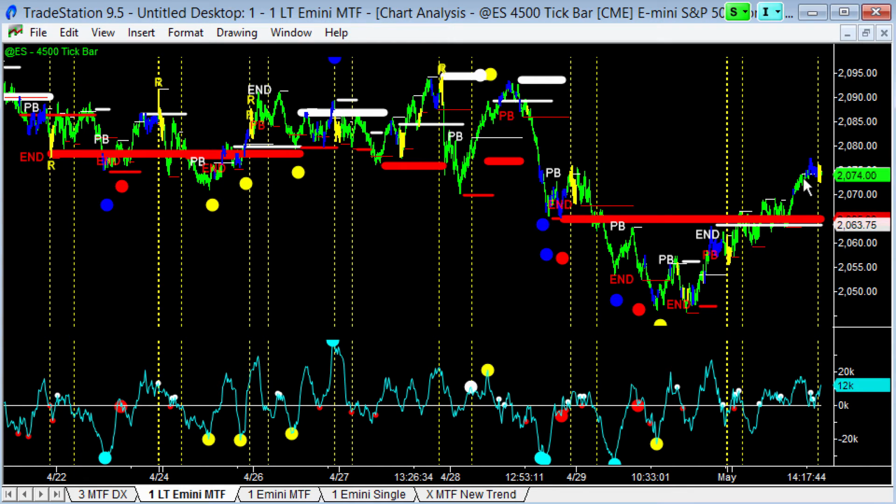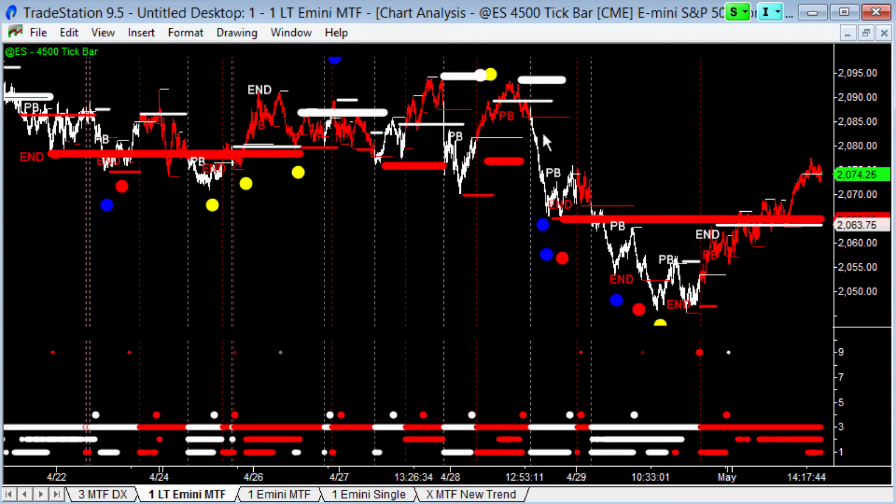This is today's activity. This was Friday's activity where we had a reversal day. And then this is Thursday where we also had a reversal day, where we peaked all these blue professional bars taking profits, and then we got into this downtrend going on here. So again, the trending system here is showing us weakness, weakness, weakness, and then we don't turn around